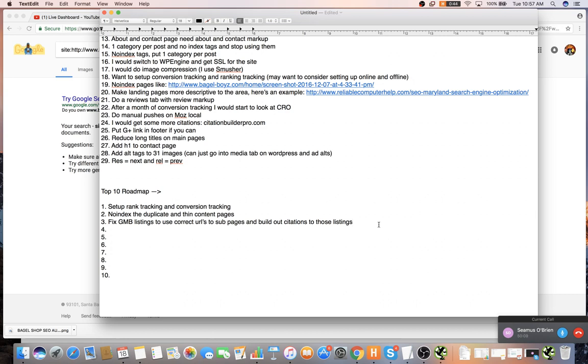And then if you wanted to, you could build out citations to those separate listings with those correct URLs, and it might help them rank higher in those certain areas. I don't know how the other ones are doing yet in those other areas. So